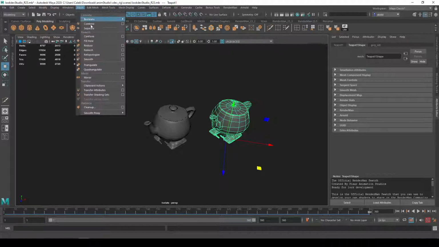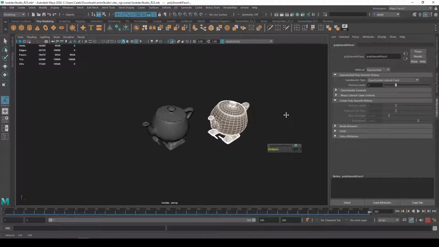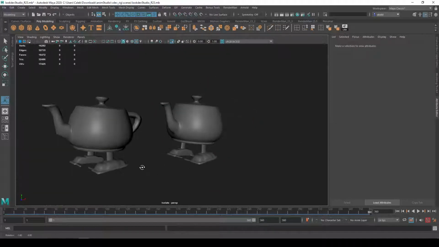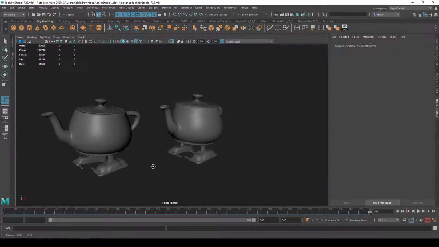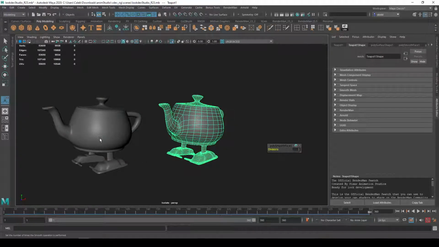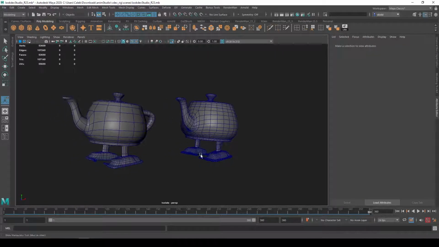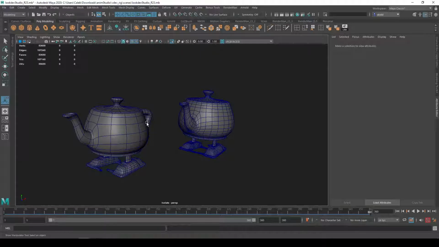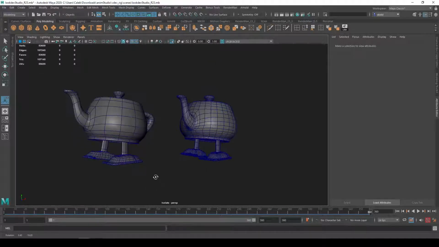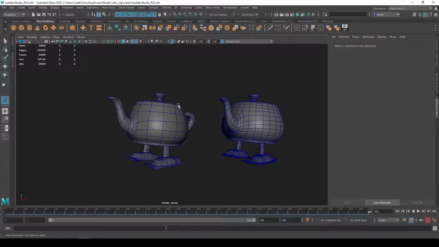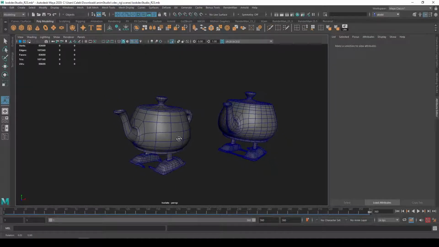I'm going to go to Mesh, Smooth, which would be actually applying the smooth modifier and the geometry to it. Let's press 1 on that one. So let's go ahead and smooth that out. You can see they look nearly identical, but this one over here on the left-hand side is going to be much easier to work with than the one on the right-hand side, and it's going to take up a lot less memory on my computer than the one on the right. So when possible, use smooth preview and in general previewing and non-destructive subdivisions to make your mesh look more complete and finished